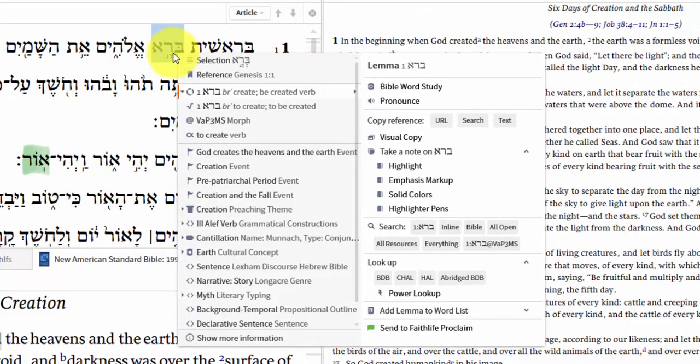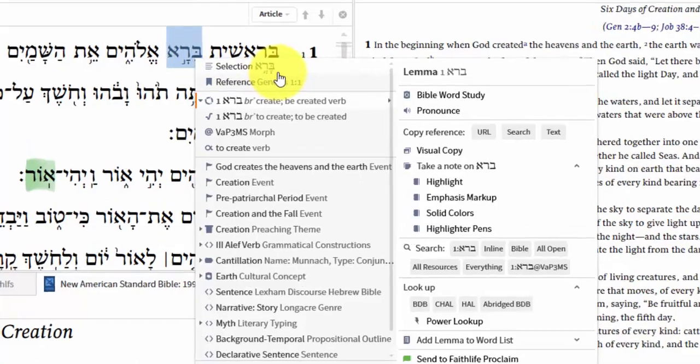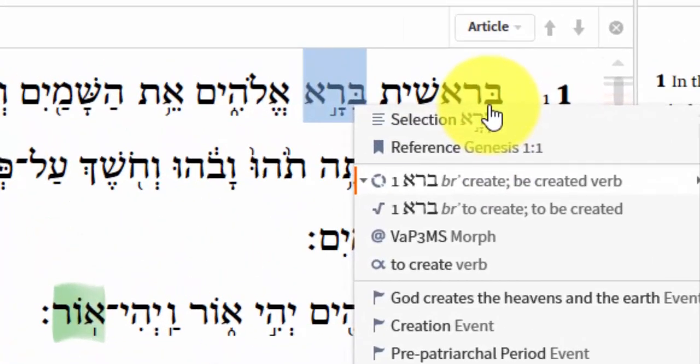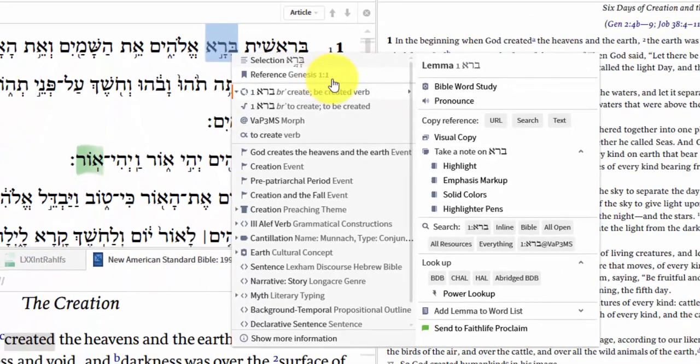We'll look at just a couple or three portions of this. There's a boatload of information here, most of which you will not need or be interested in. It's a bit of an overkill. To start off with, it says, let me confirm with you what word I'm talking to you about. The computer's telling you that it's bara. Perhaps your mouse moved and it's opening up a word you're not interested in. That's kind of a double check to say, okay, this is what you asked for, this is what you're getting. Reference, this is where you are right now. No real surprise there. And then we're getting some root